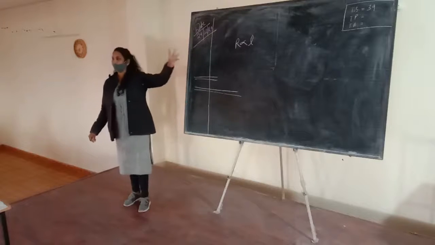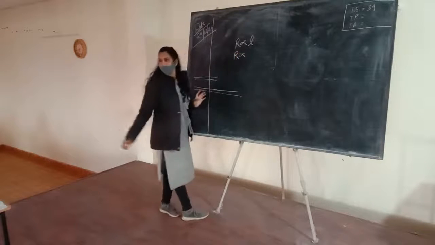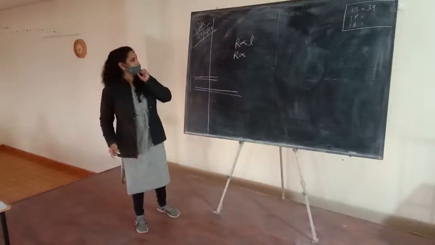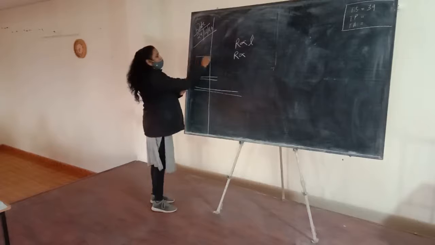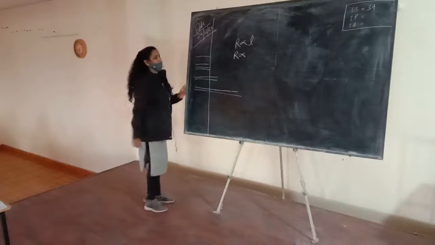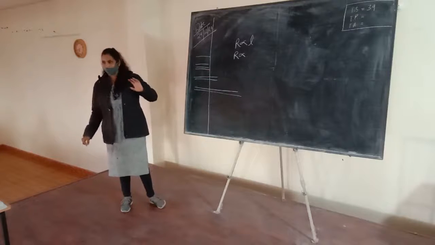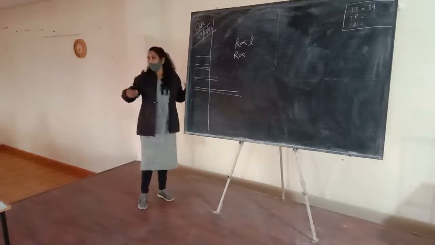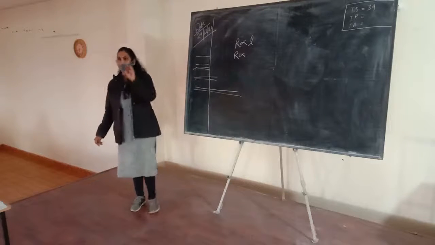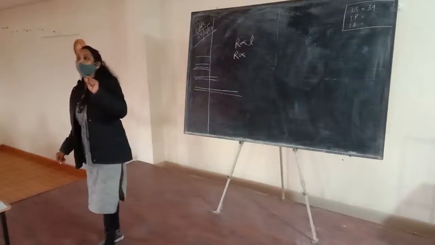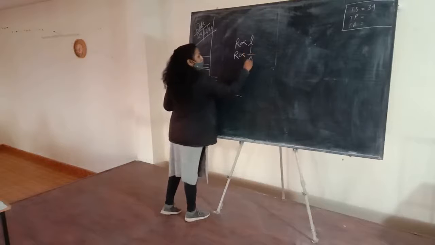So it means the resistance is proportional to the length of the wire. It also depends on the area of cross section. By increasing the area of cross section, the resistance of the wire decreases. If we have a thick wire and a thin wire of equal length, which wire will have the greater obstacles? In which wire is the movement of electrons difficult? In this one, the thin wire. It means by decreasing the area of cross section, we can increase the resistance of the wire. So resistance is inversely proportional to the area of cross section.